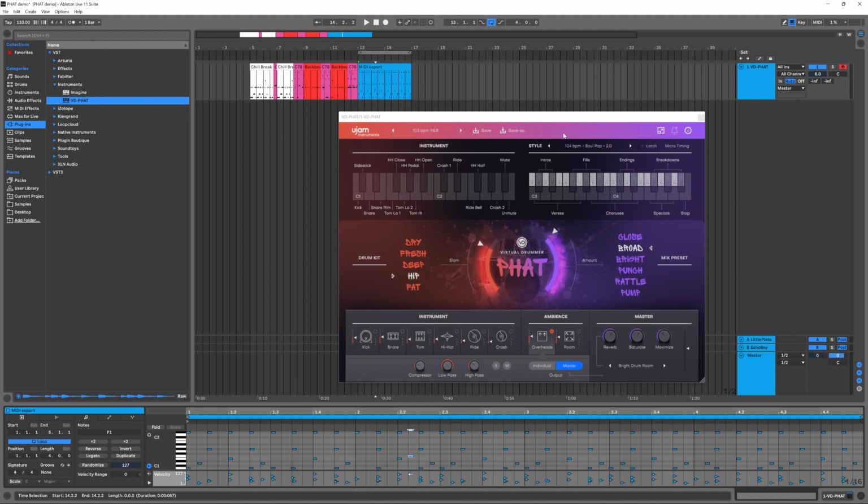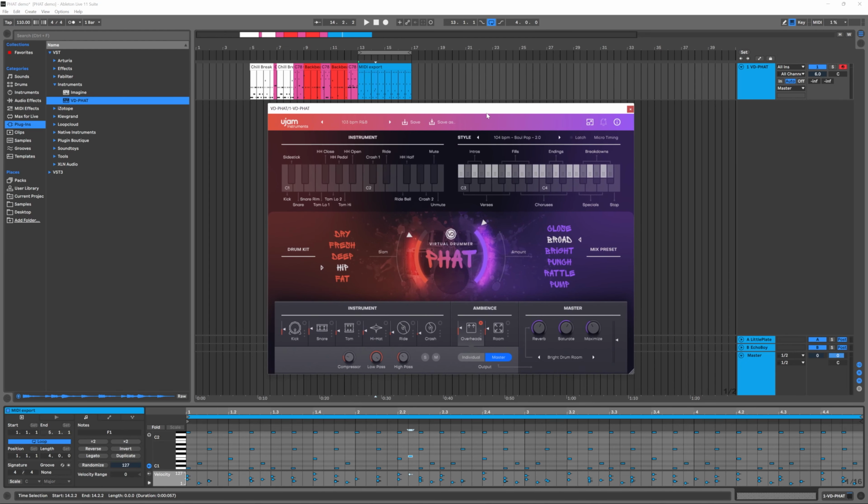So there are so many ways to use PHAT to get good content. You can use it as an instrument, or you can use it as a pattern generator. And no matter what, at the end of the day, the drums inside of the PHAT instrument sound absolutely phenomenal. And you do have a ton of control over that sound. And even if you don't really like it, but you want to use that MIDI information with a different drum